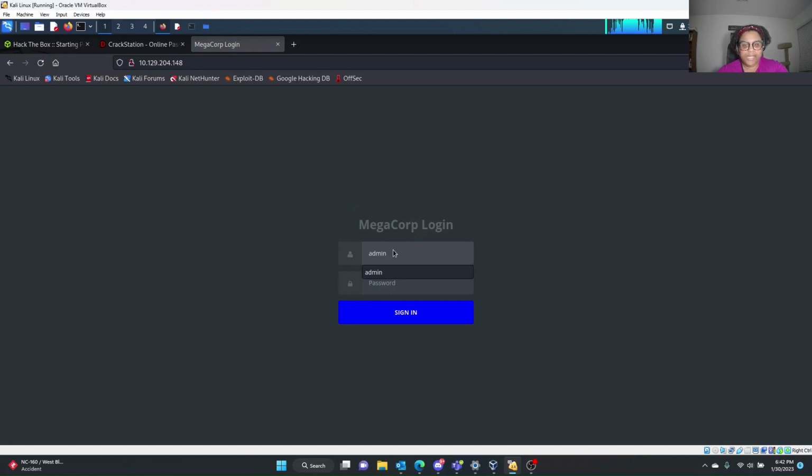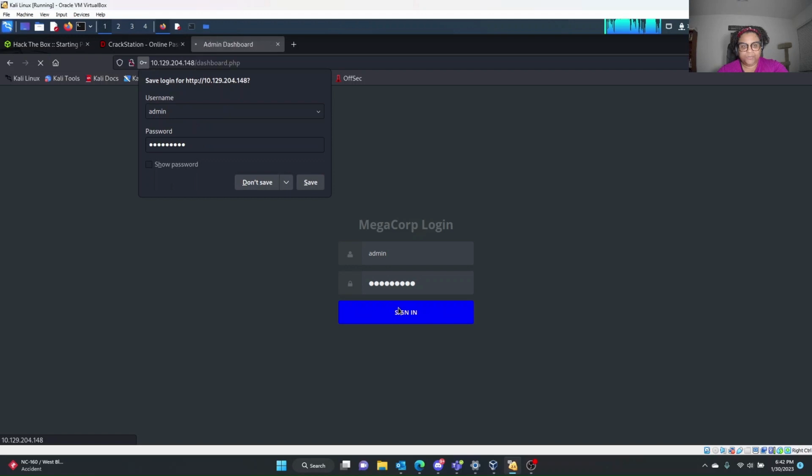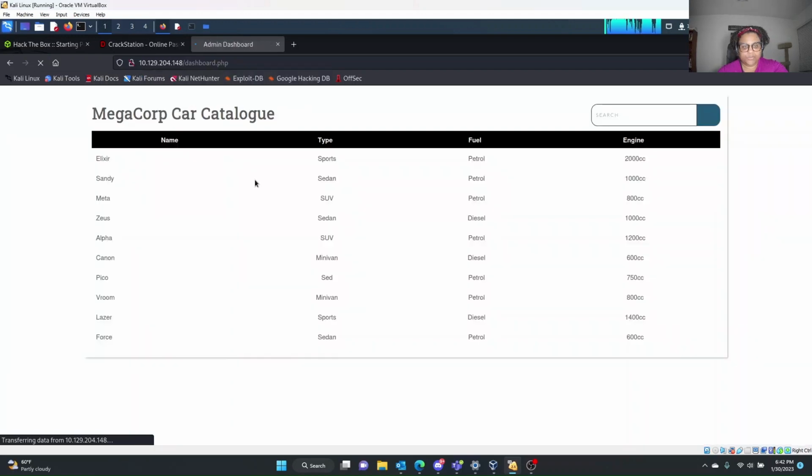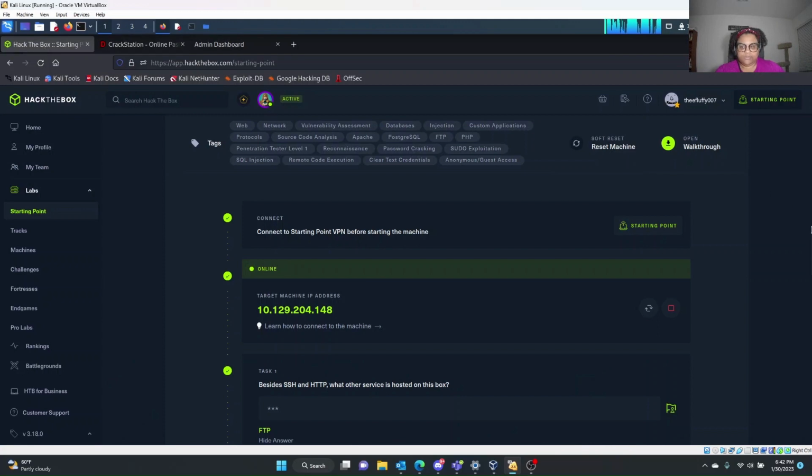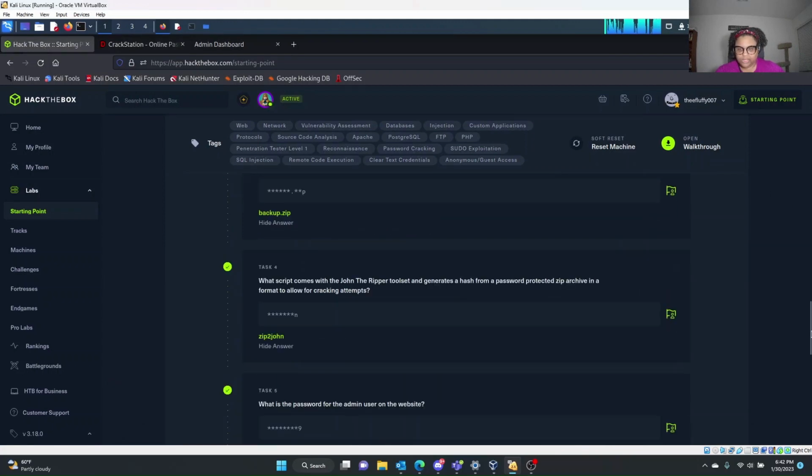Okay, so we're going to say admin and we're going to paste in QWERTY789. And we're in. Okay? So we're in and we're looking at the card catalog. Now, if we scroll down,